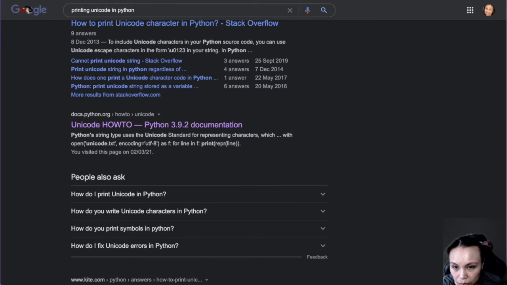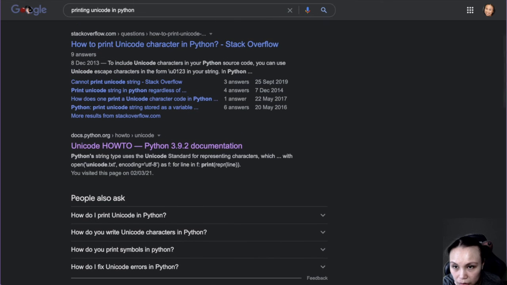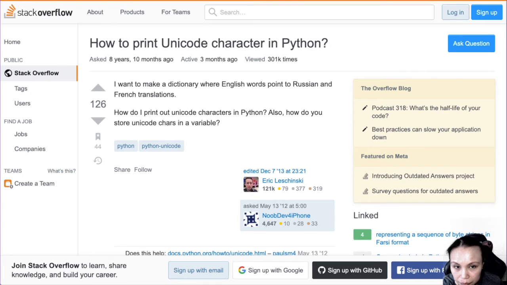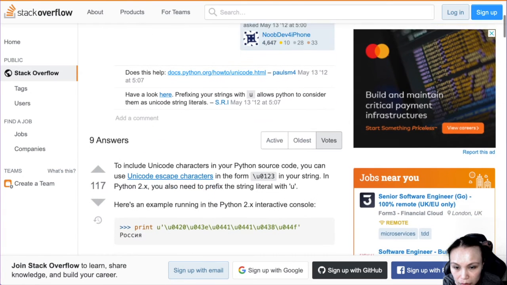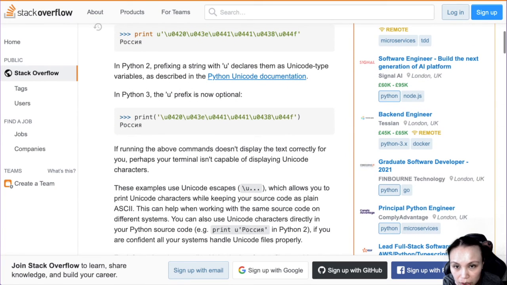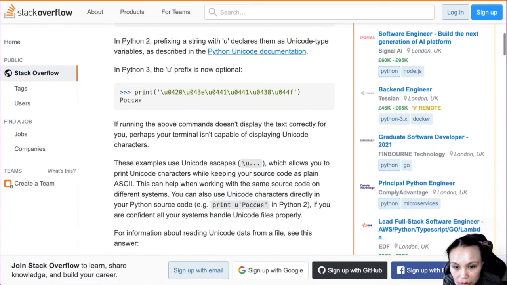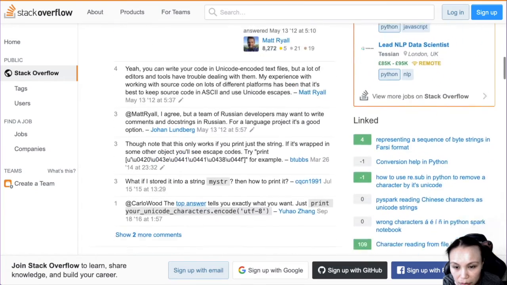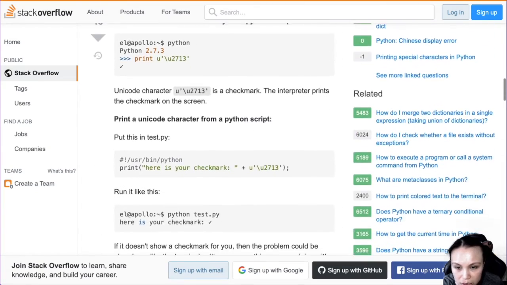Unicode, how to Unicode character. Maybe I can do an eval thing. Yeah, why don't I have a function to do that?